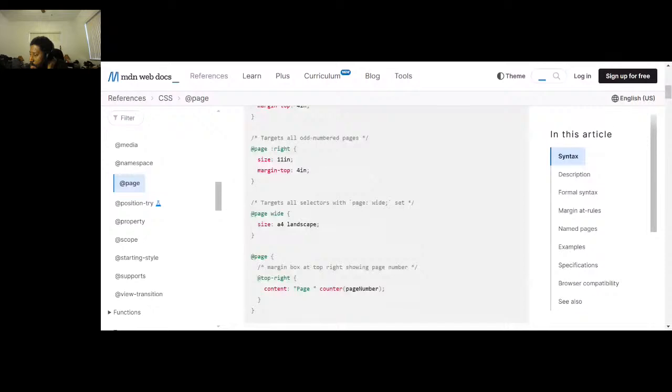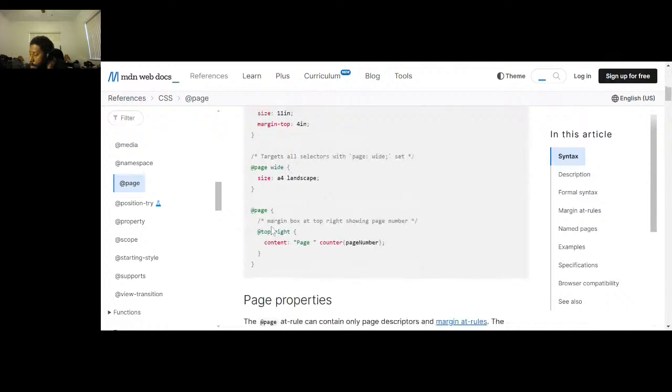Because like this size is A4 by landscape, so it's not like... So I wonder if it does 8.5 by 11 or is it 11-inch square, maybe. I'm not sure. Interesting. And then margin box at top right corner showing page. Oh, that's pretty dope. So you can just do like the content is going to put this page.